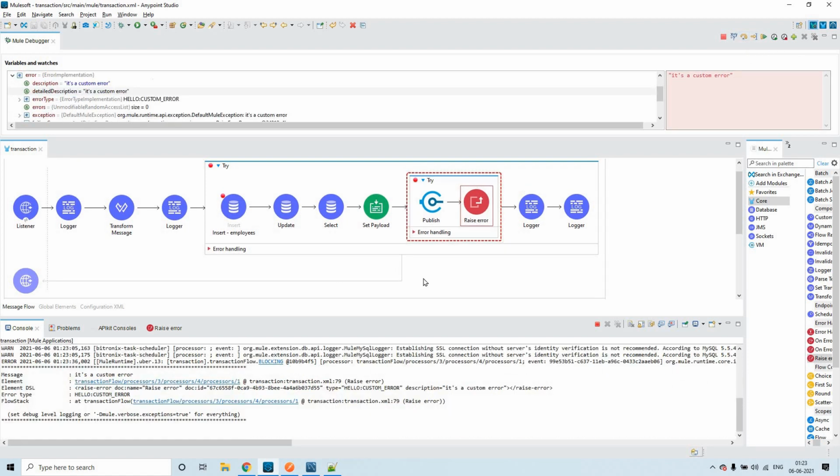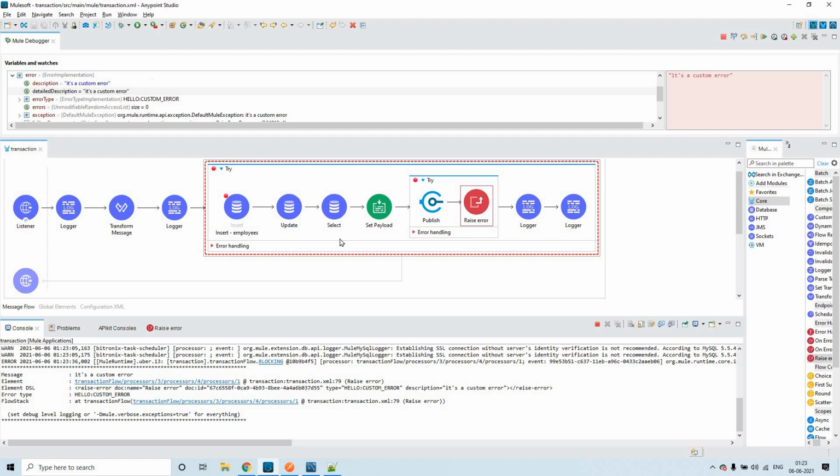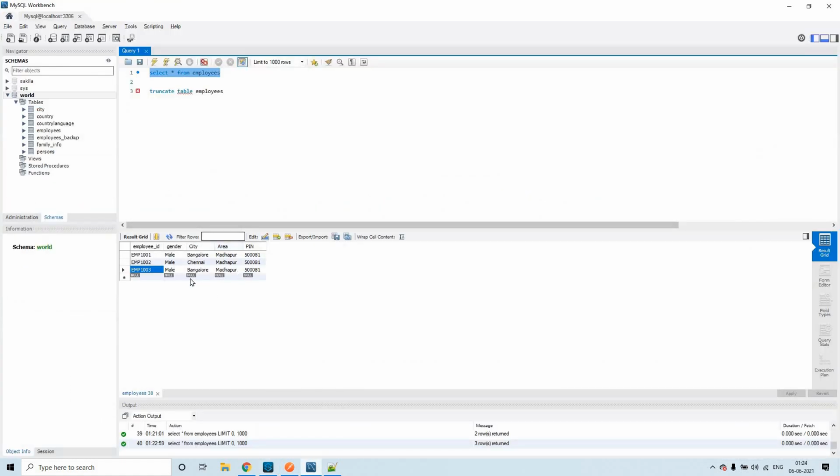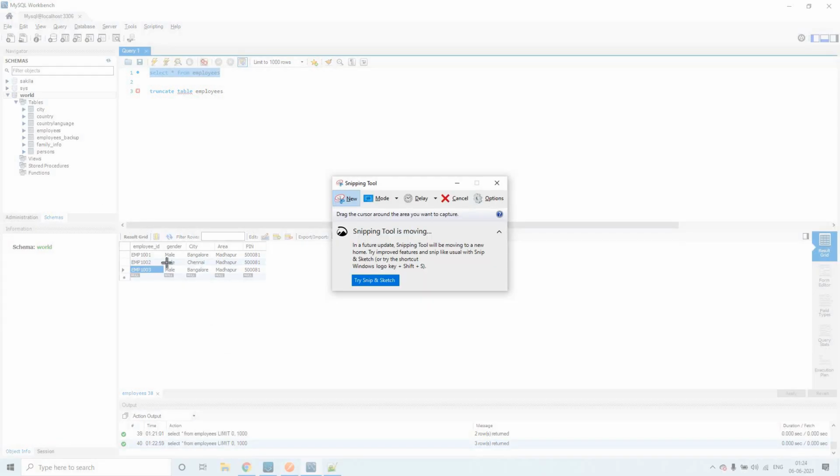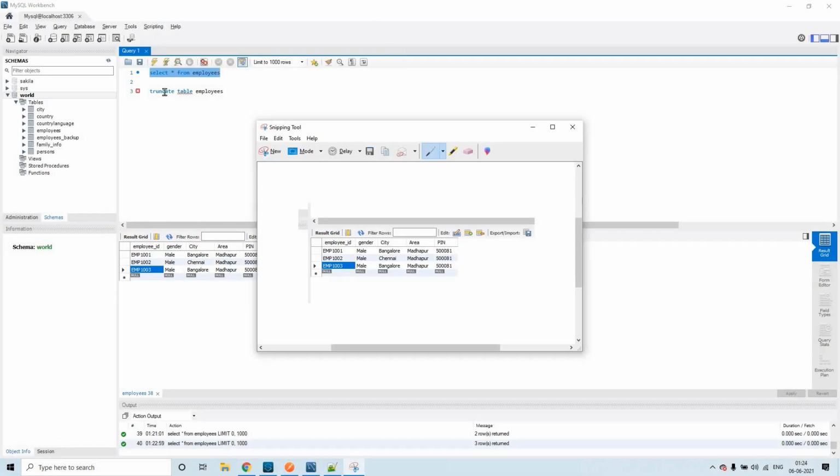Click next. Now you see this transaction has resulted in an error. So at this level it's an error, which means it's an error in the parent transaction as well. Click on next. If you see in this database, these are the previous entries.